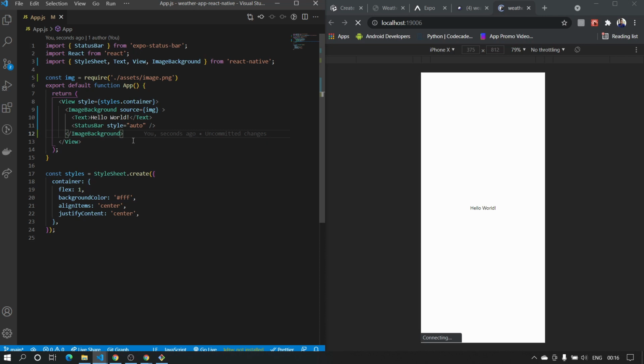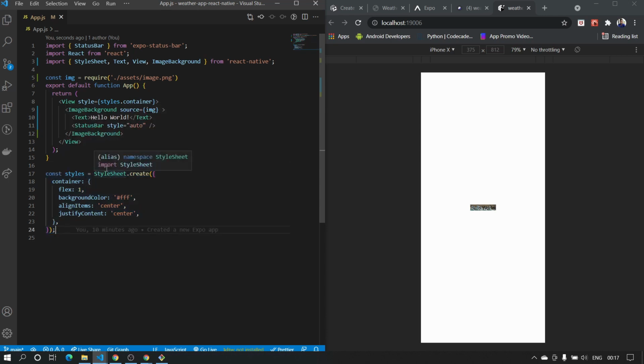When we save that and it's loading here, you can see a small change happened behind the hello world. We need to set that in such a way that it takes the whole screen. Basically, we have to style it. In React Native, as you may have already noticed, below the export default you can see a const styles object here.